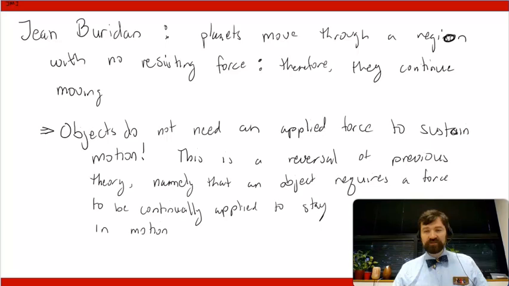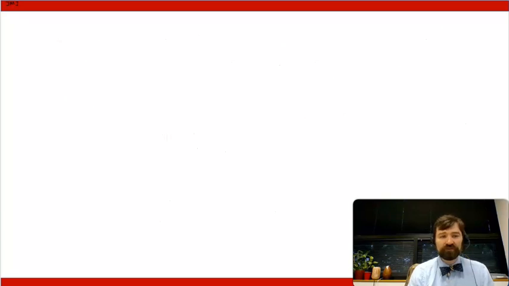when you are dealing with these terrestrial applications. But the thought was, well, if we go into outer space, there's no resistive force from rubbing against a table or sliding along a table, and no air resistance. So you wouldn't need to have any force applied in order to keep the objects moving. And that is essentially an early formulation of Newton's first law.